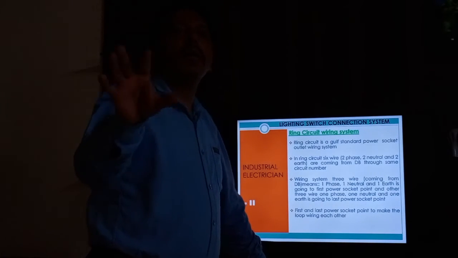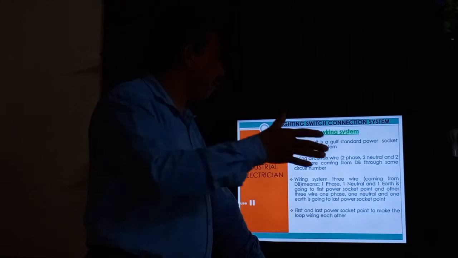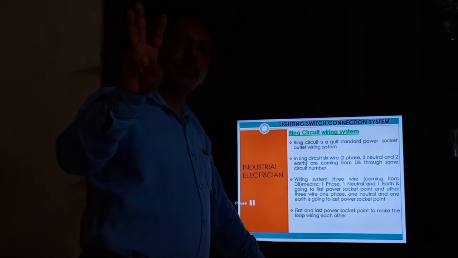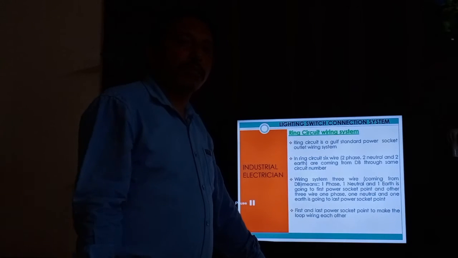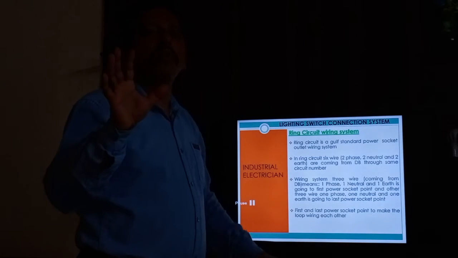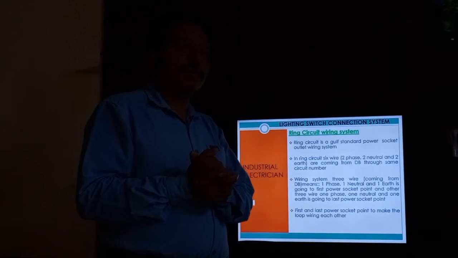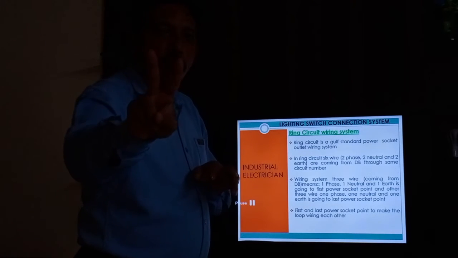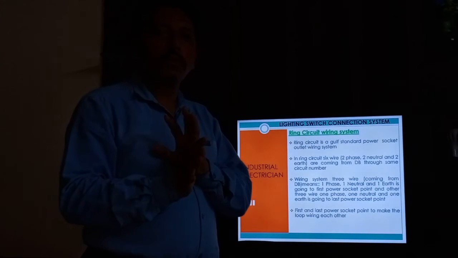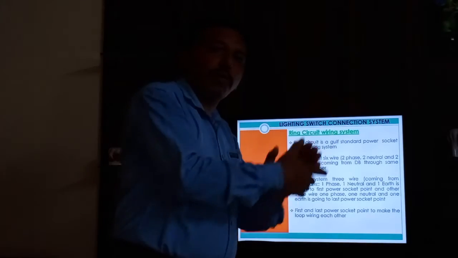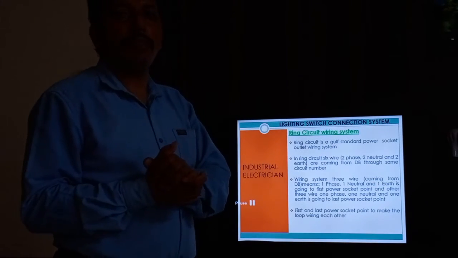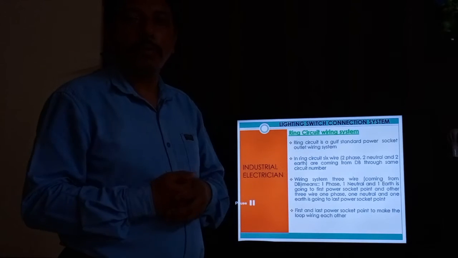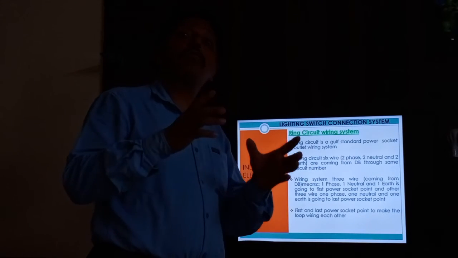circuit is used for power socket wiring. You can be clear about this one, ring circuit. Ring circuit means 6 wires are coming. If somebody asks what a ring circuit is, you can tell them the ring circuit is the Gulf standard wiring system. Inside it, 6 wires come directly from the DB: 2 of the same color code phase, 2 neutral and 2 earth. 3 wires go to the first point and 3 wires go to the last point of the main incoming wire, and between the first and last they make the loop,